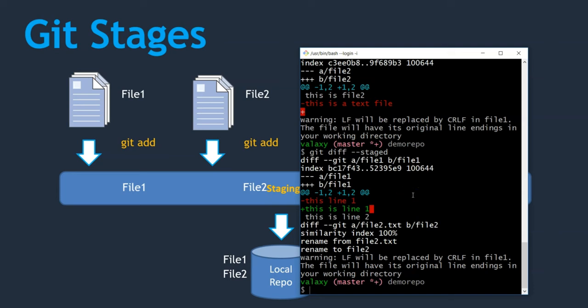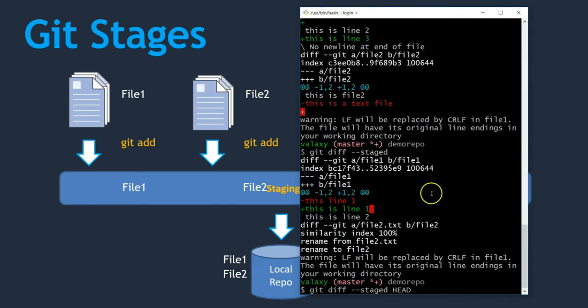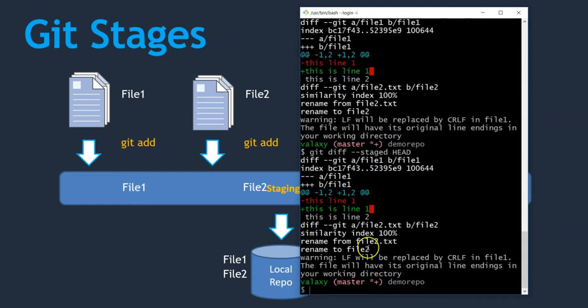We have one more command, that is git diff --staged HEAD. Okay, so this also works in a similar way, the same output we got with git diff --staged, same thing we are going to get, which means it finds the difference between the stage and the HEAD, nothing but the repository. Now let me pull it a little bit and try to execute this command again. You can see same output you could see.